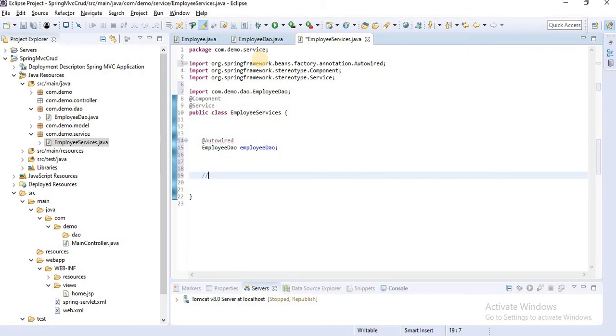First method is add employee: public void addEmp.